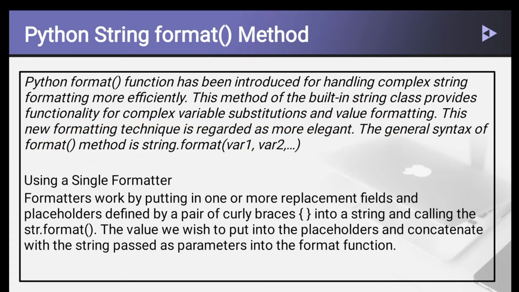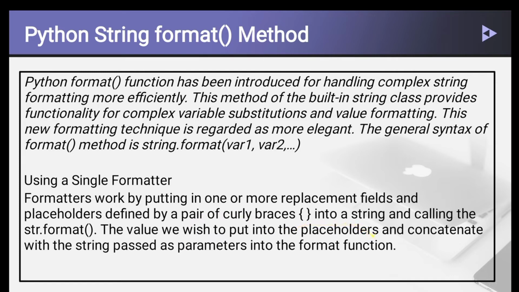string.format. The general syntax: methods are invoked on a particular object, so let us treat the string which we require in a particular output as an object, and string dot format, where we will pass arguments. How we pass them we will discuss later. The formatter works by putting one or more replacement fields and placeholders defined by a pair of curly